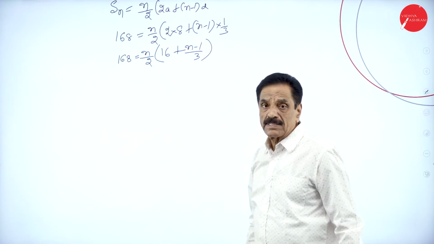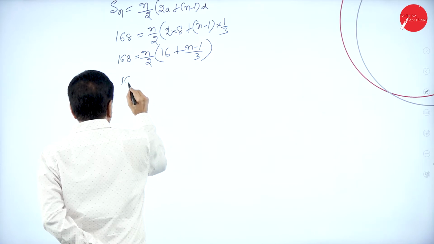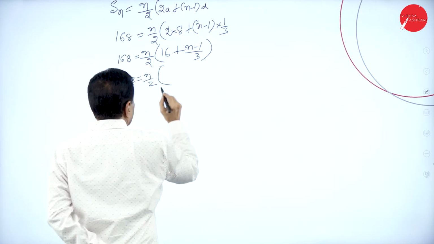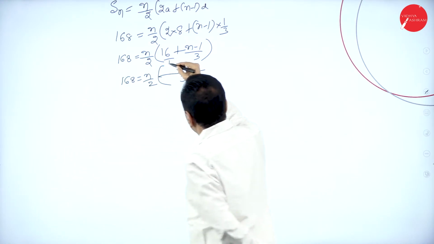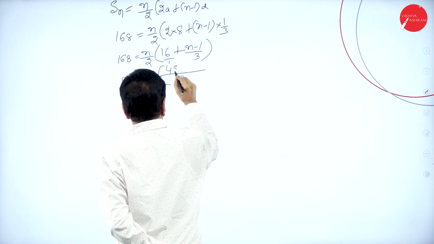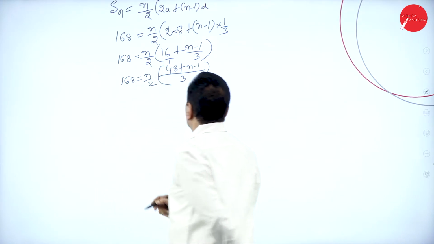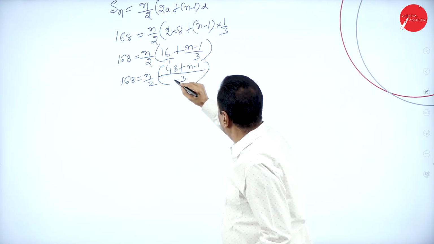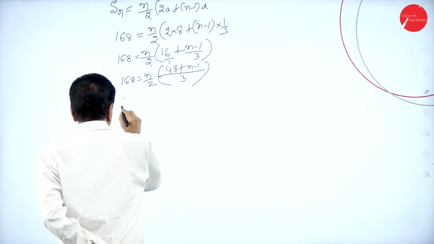N minus 1 divided by 3. Then this is 168 n divided by 2. So take the 3 as LCM. 1 3 is 3, 3 into 16 is 48. 3 1s are n minus 1. I took the 3 as LCM. 1 3 is 3, 16 is 48. 3 1s are 1 into n. So 168